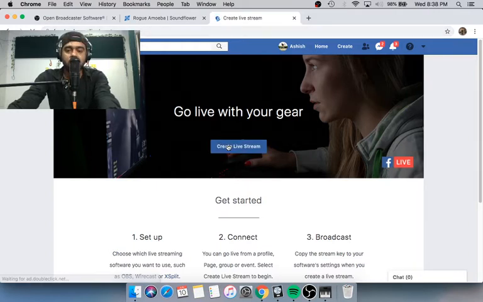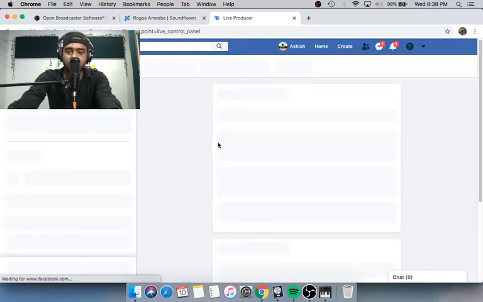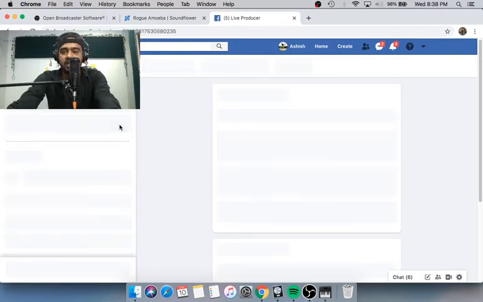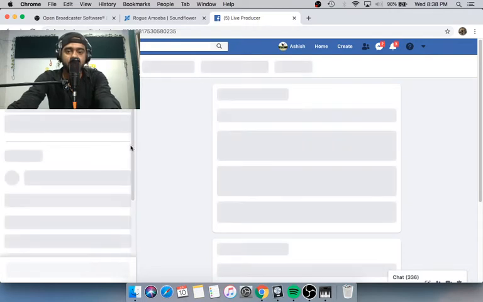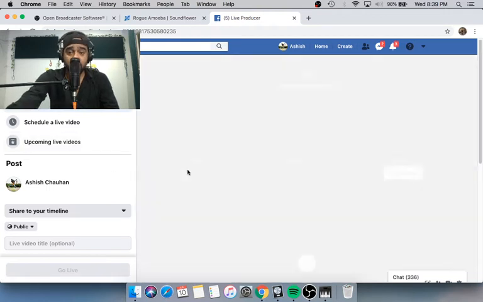You're going to click on create live stream. Make sure you're logged into your individual account wherever you want to go live, or else, if you are managing a page or a group, there'll be an option through which you can go live on your page, your group or on your timeline.